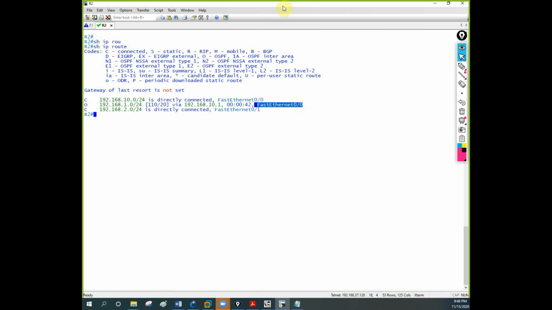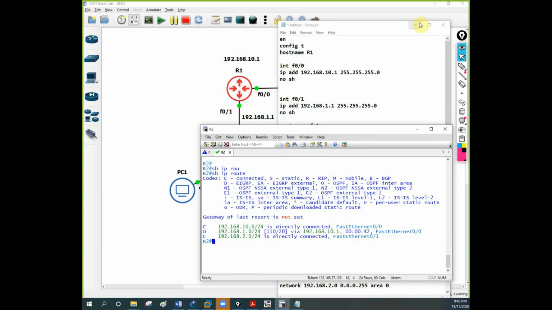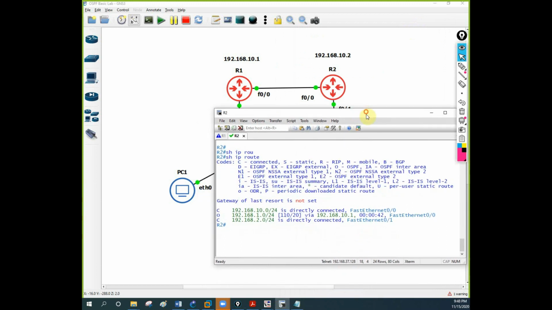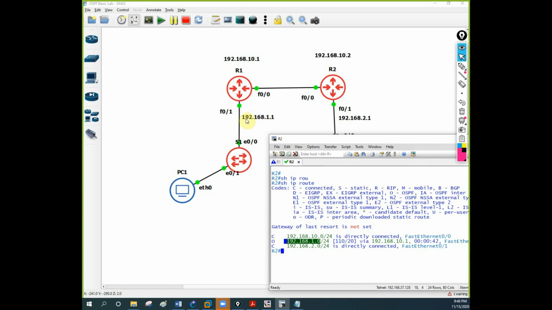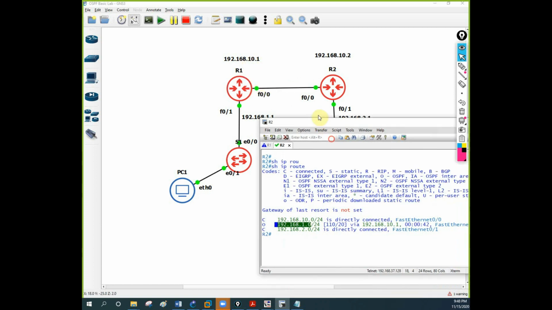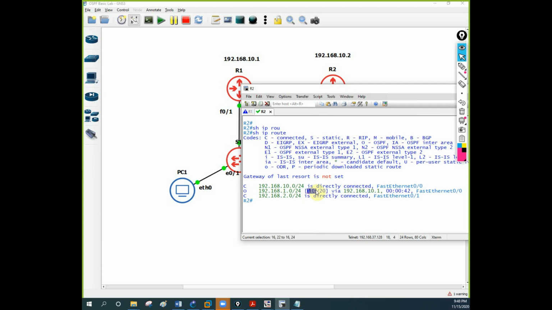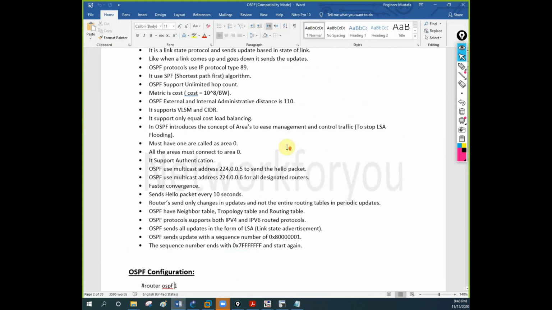Okay, any confusion, let me show you what we are getting here. If you see here we are on router 2. So router 2 is saying that if any packet wants to go to 192.168.1.0, that is this network, 1.0 means here, then forward that information to 192.168.10.1. This is 10.1, so forward to this interface. And what is the AD value? 110. If you remember, before we discussed AD value, the administrative distance is 110, and if you go